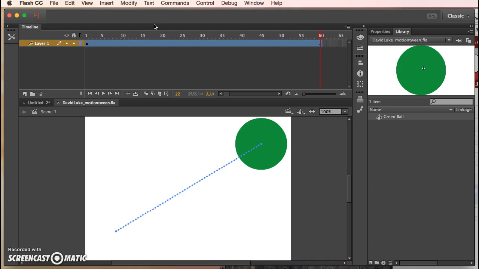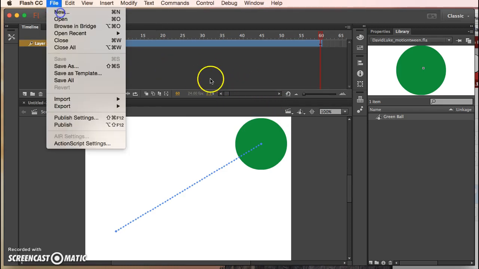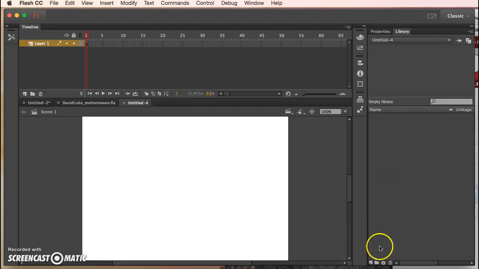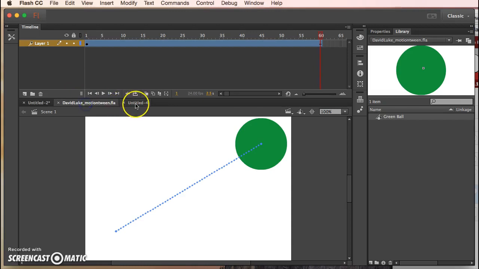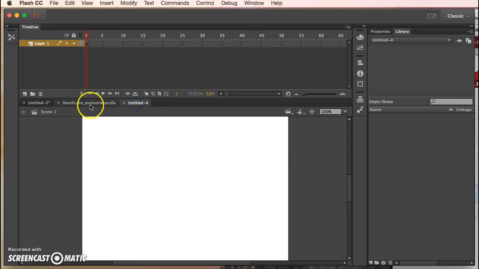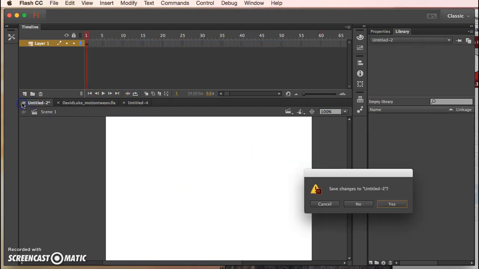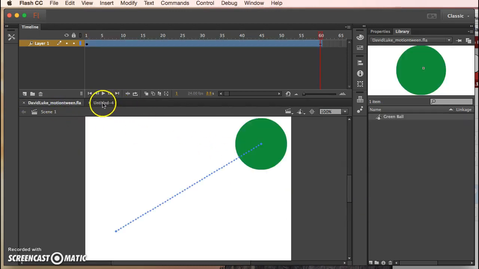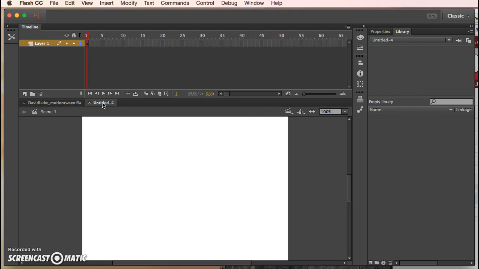Okay, so I have the old file here. What I'm going to do is make a new file. So I'm going to go File, New, the ActionScript 3.0, of course. Hit OK. You'll note that you can have almost like a web browser, you can have these different tabs open. So I'm going to close out one of those. This is my motion tween, which I just did, and here's my new file that I'm going to work on